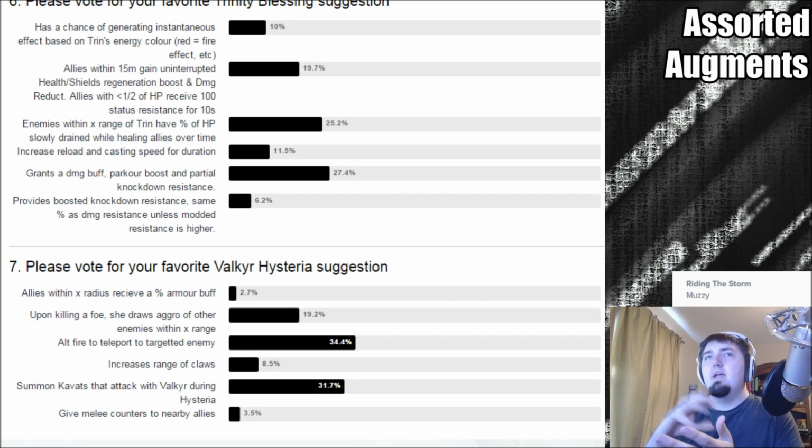And Hysteria is already a really good ability, so just giving it an augment that is a fun new thing for you to do, as long as it works well, is totally fine, and I'm not unhappy with it. I would definitely be unhappy with the Kavats, though, because that is...